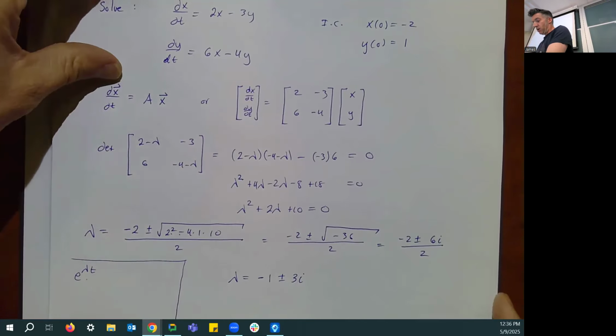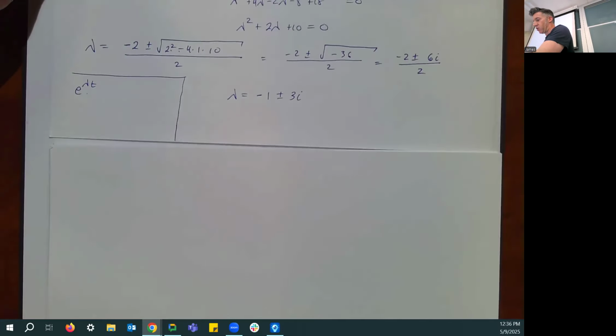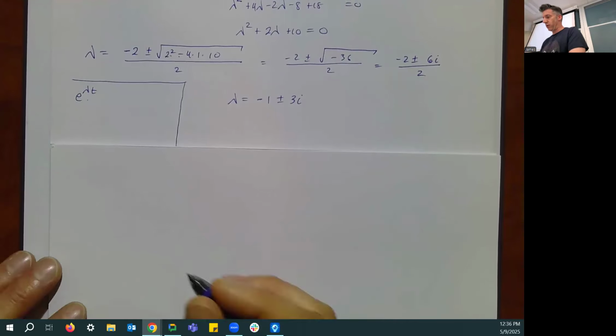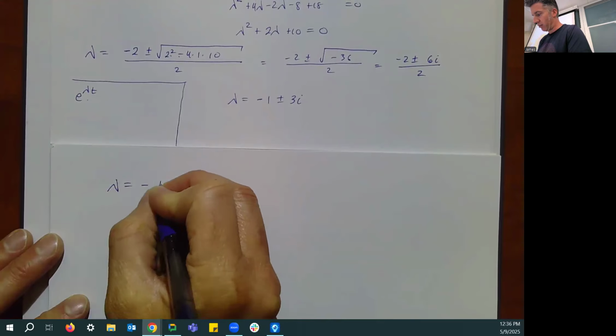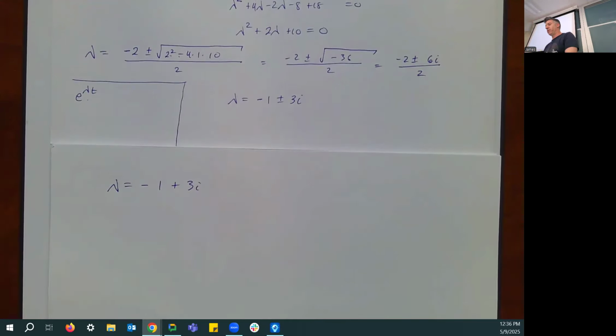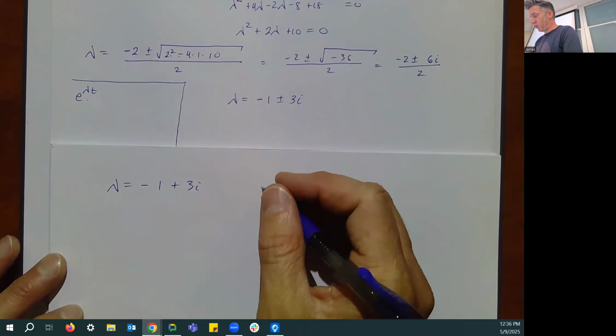So let's find the eigenvector. Singular, right? When it's complex, you just deal with one of them. So we're going to use lambda equal to -1 plus 3i, because we always choose the plus one. I don't know why, we just do. And then to find the eigenvector, we're going to solve